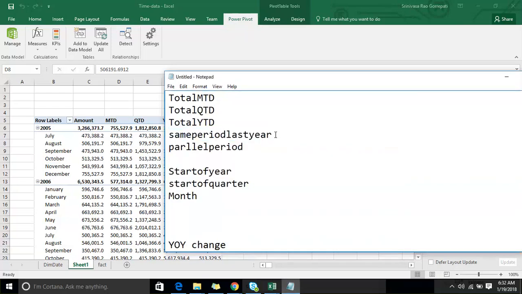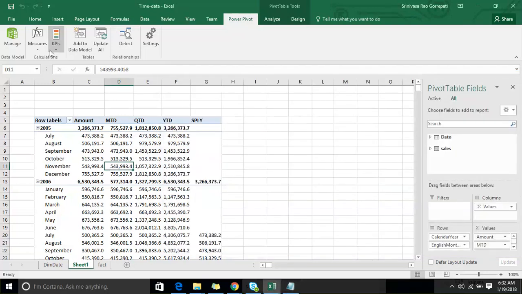same period last year. But if you want to see 2 years back, last year I don't care, 2 years back, the same day or the same month or the same year, whatever the granularity I am looking at now, 2 years back how much I want to calculate. In that context, I know that last year business is a different scenario, but this year business we are doing in the same way. 2 years back, however we have done, I just want to compare both the conditions. The same period last year will not work. That is dedicated for only 1 year back. For that, you have a parallel period function. So parallel period function